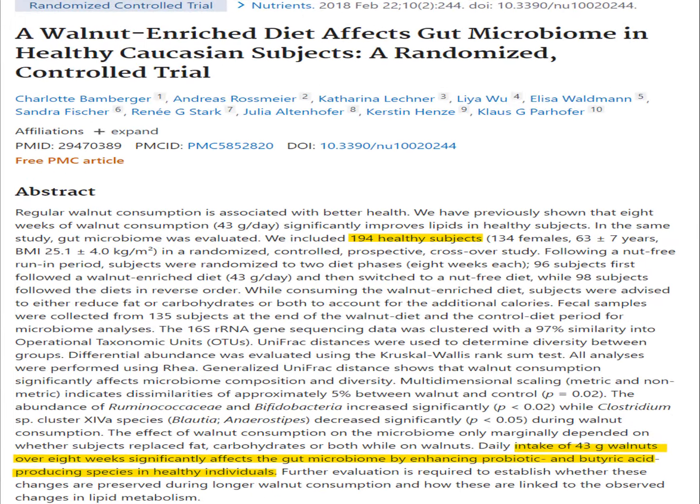Next up is black walnuts. So black walnuts and walnuts in general are a great source of antioxidants. They have anti-inflammatory and antimicrobial properties. And walnuts are also a great source of magnesium as well. Magnesium being a mineral that takes part in well over 300 different chemical reactions in the body. Here we have a study where eating just 1.5 ounces of walnuts a day for 2 months improved the probiotic